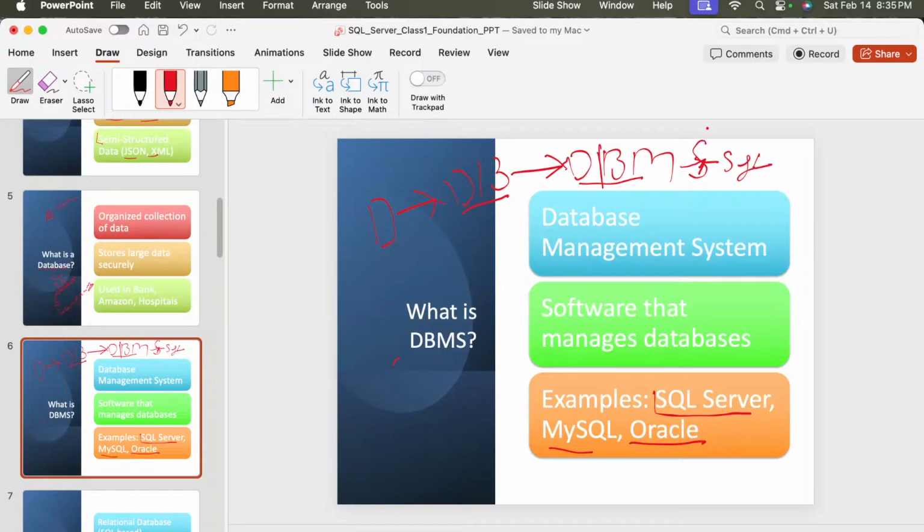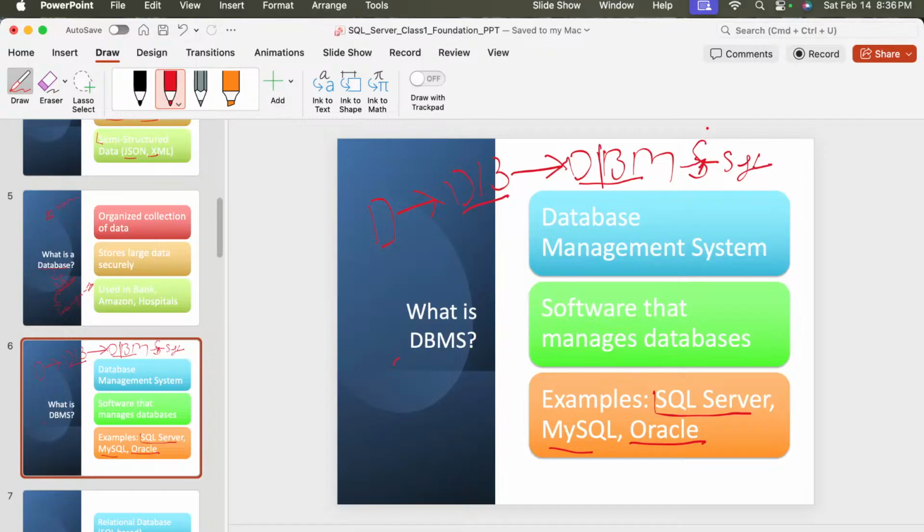So DBMS actually stands for the database management system. It's a software system that allows users to create databases, store the data, retrieve the data, update the data, and manage the data securely. And in simple words, a DBMS is a software that helps us manage the database, ठीक है। तो DBMS एक सॉफ्टवेयर है जो हमें डेटाबेस को मैनेज करने में हेल्प करता है। और उस DBMS को डायरेक्टली यूज नहीं किया जाता, उसके लिए हम यूज करते हैं एसक्यूएल, एक लैंग्वेज।